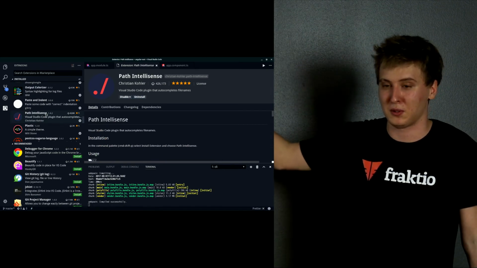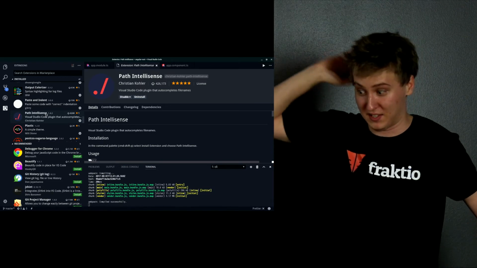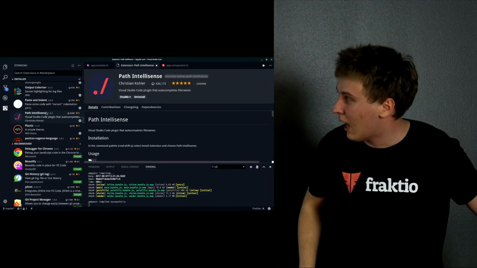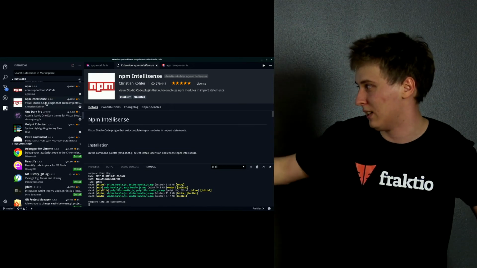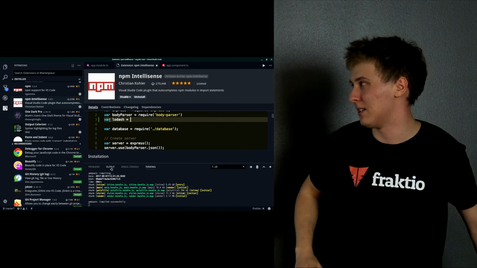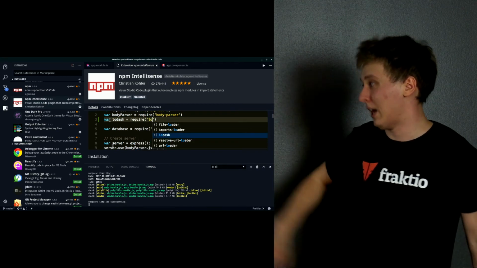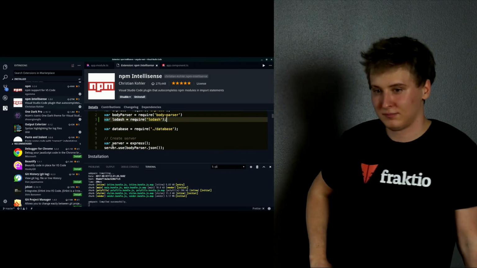This is what helps me to autocomplete the path itself to the file, so I don't need to remember, especially if it's nested somewhere down the drain. And the second one would be the npm IntelliSense. That one lets me do basically what's described here when I write a value, require, and it also adds this sort of functionality, but it's less bulletproof. But VS Code has this already. VS Code has this without plugins. Yeah, the imports itself, yeah.